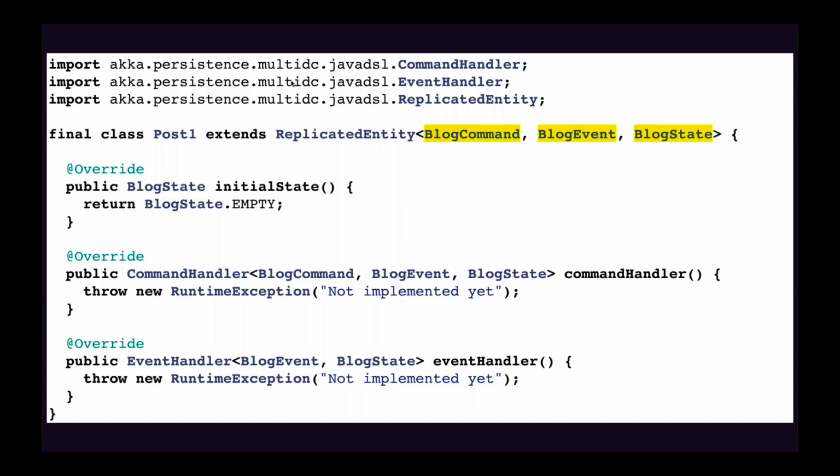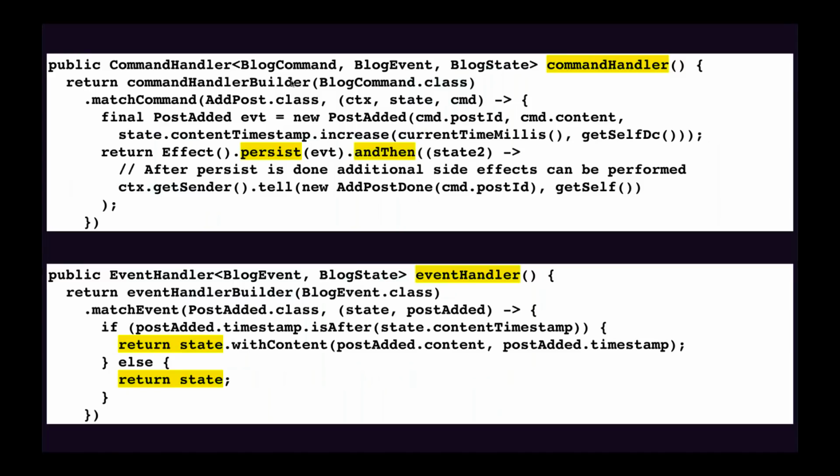So here's a sample of what happens in a command handler and what happens in an event handler. The thing I wanted to point out is where do we actually persist the event? You can see in the command handler, the command comes in, and typically the command is validated. If the command is valid to be performed, then it results in the creation of an event that's persisted in an event log. So that's what's happening in the command handler here.